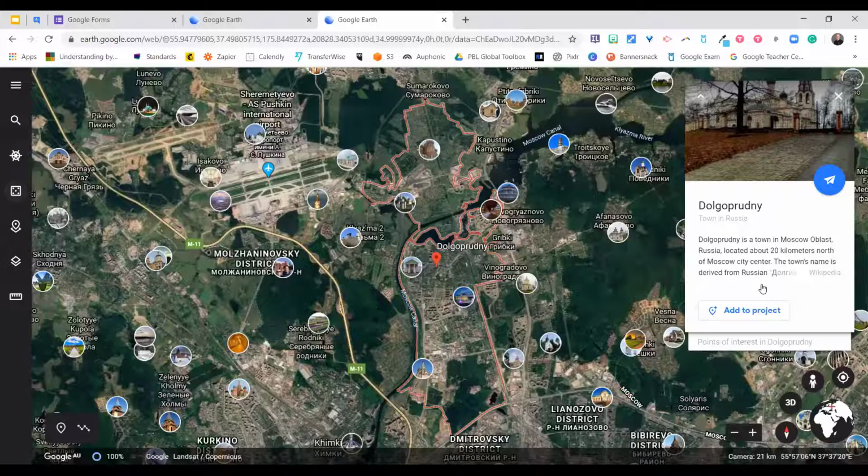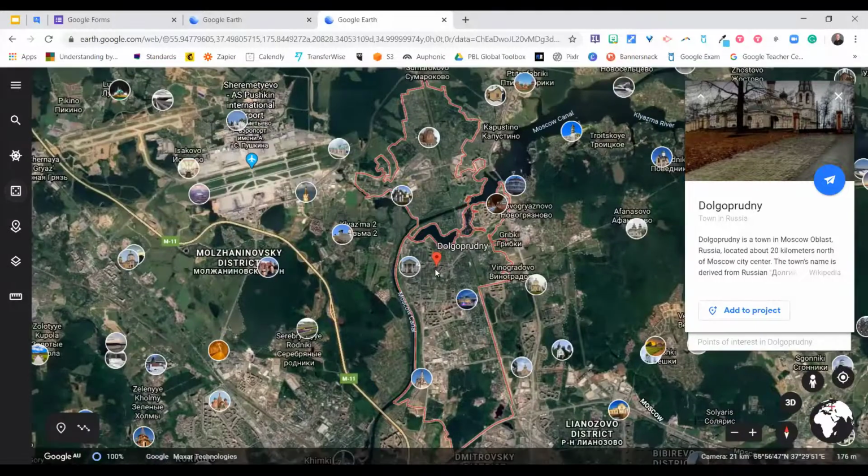You click the I'm feeling lucky. So all the kids will click their own I'm feeling lucky. They'll get given a specific location that's real. And then they need to go through and think about creating a scene that's based on where they land. And so the cool thing about this is that I can then zoom in